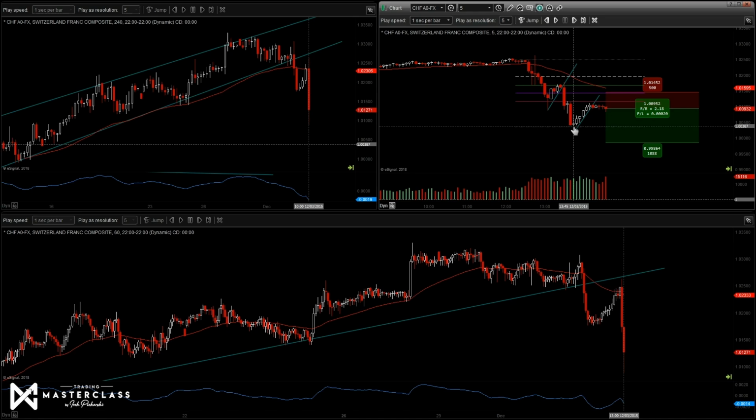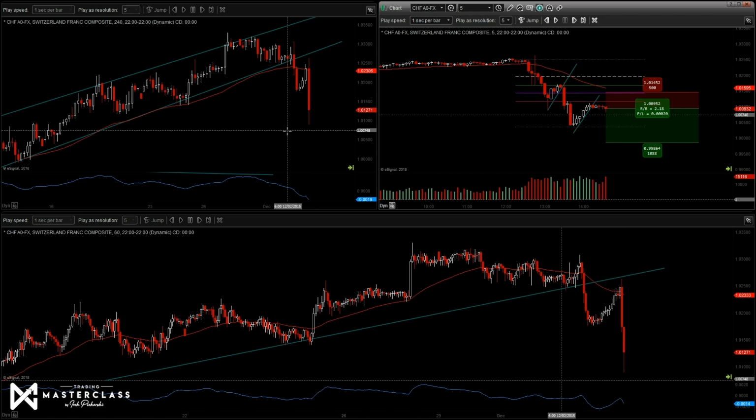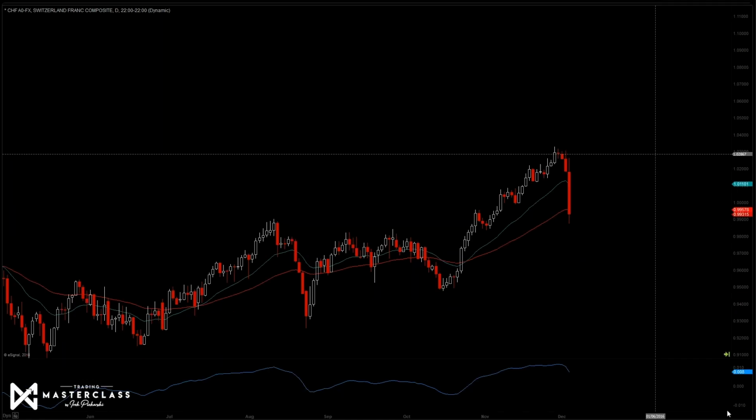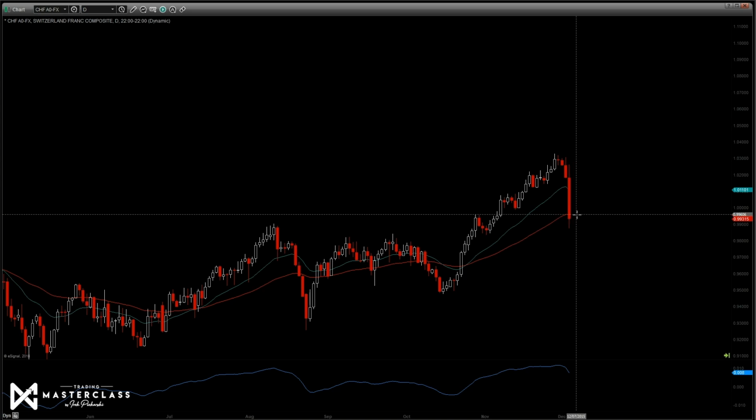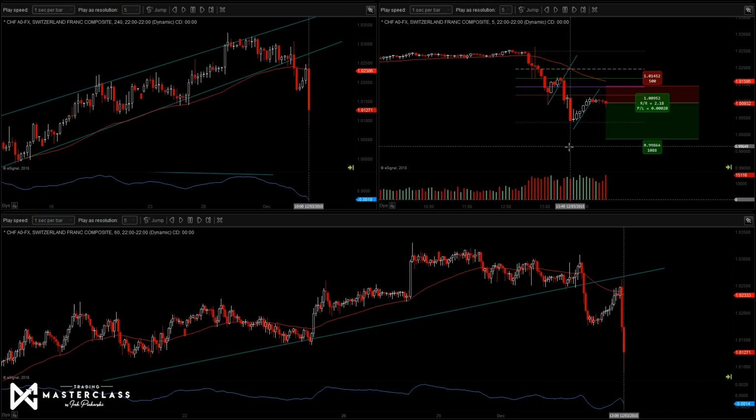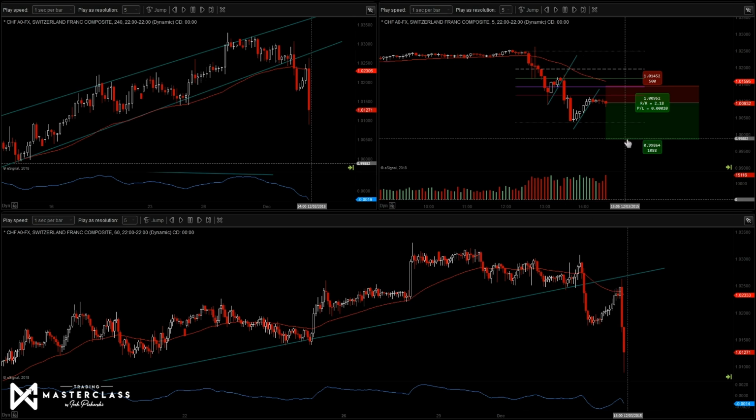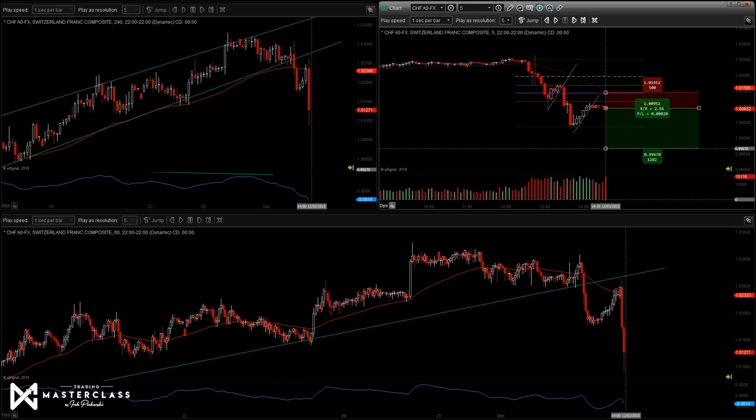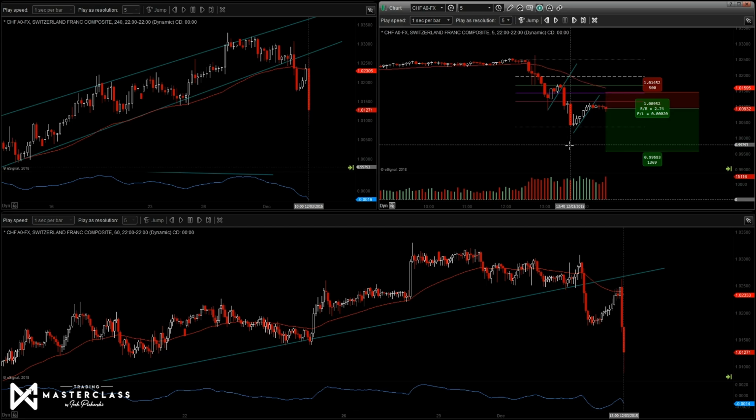Or you can let it go even farther, maybe down to the weekly daily 50 EMA, 99.7 or 99.6. 99.6 would be down here. So you can take it down to that daily 50 at 99.6, and that would give you a 2.7% position. Pretty good, right? Or you can let it go as far as possible and utilize the short-term aggressive management